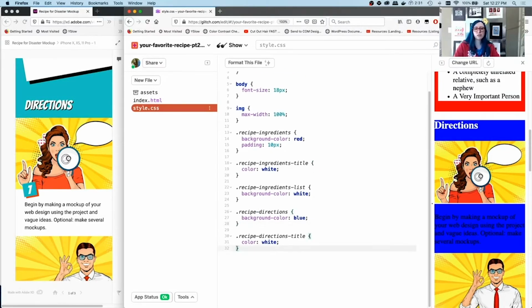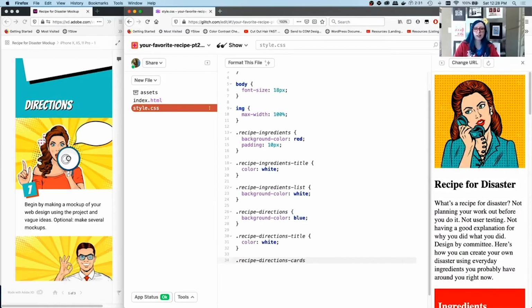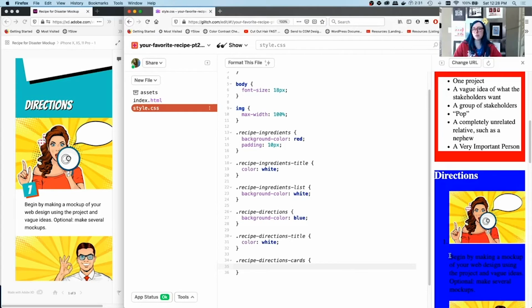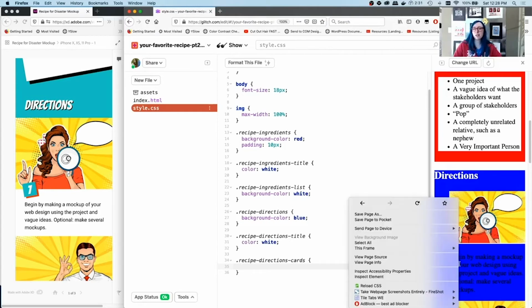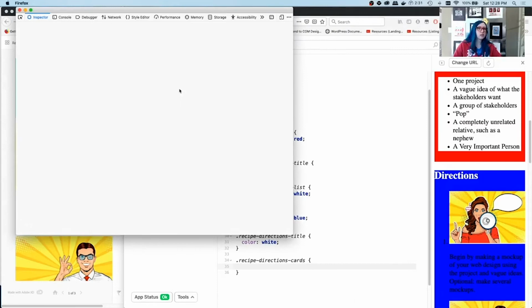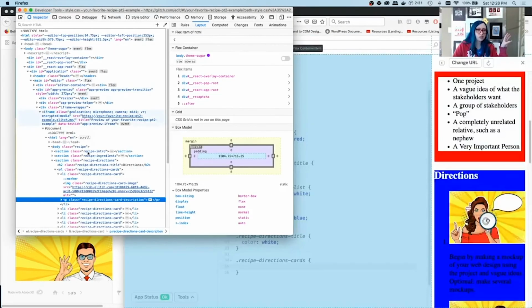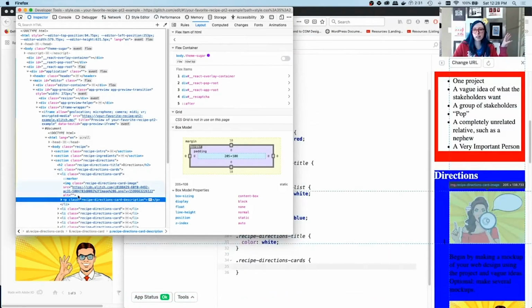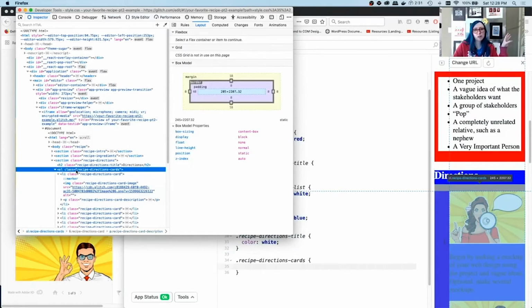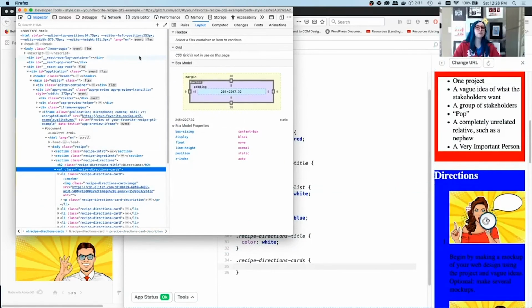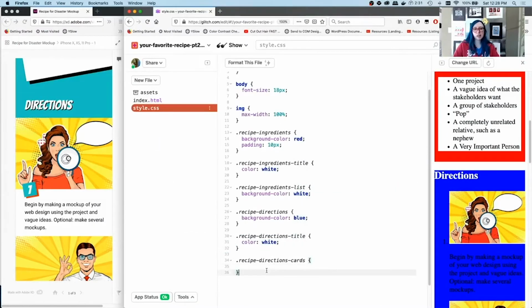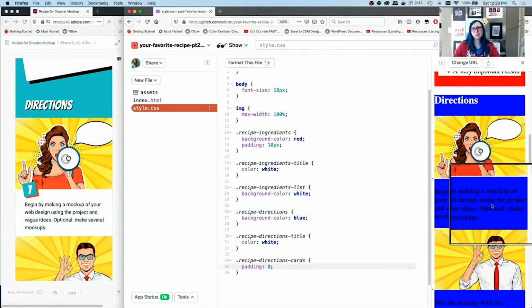This is below the recipe directions title, and this is a class of recipe directions cards. And oh crap, what was that? What was that I needed? What was that rule? Well, I lost it. Whoops, I forgot. Let's go to inspect element and just pop back in there again and double check. So this wasn't it. This wasn't it. It was one more up. And oh, right, it was padding. So to override that, we're going to write padding 0. Scroll down. Oh, real simple and easy.